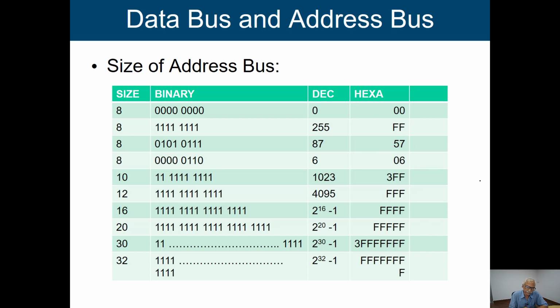You just see, if the size of the address bus is 0, then the values will be all 0, and the decimal equivalent is 0, or in hexadecimal we are going to say 0. So this is the minimum value that we can represent. If all are 1, then it is 255 in the decimal number system or FF in the hexadecimal number system, because all of you know that FF is nothing but